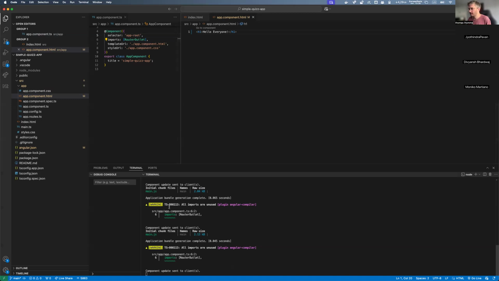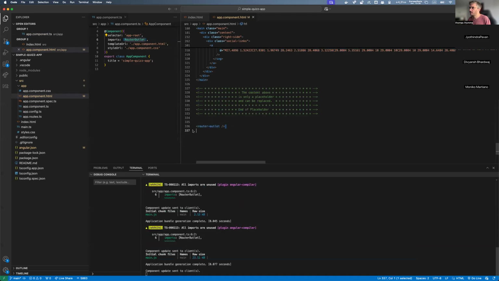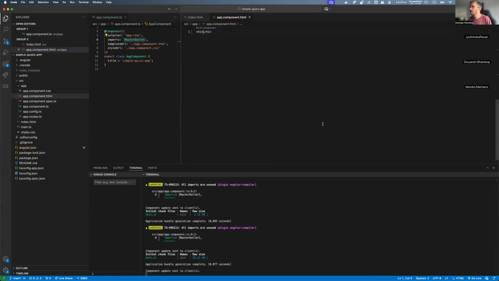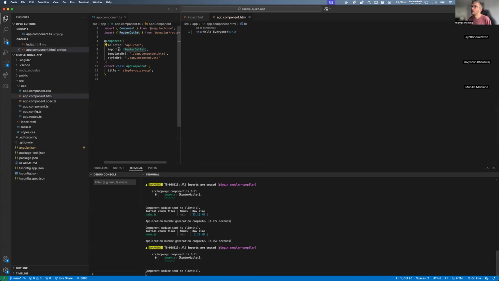We have this warning that says you're using router outlet, but it's not there. Remember, just before we had this code here, this weird router outlet. It's not for us, we're not using any router. Since we are not using this tag, we can remove it. So I'm going to remove this, put it back how it was, and remove the import.